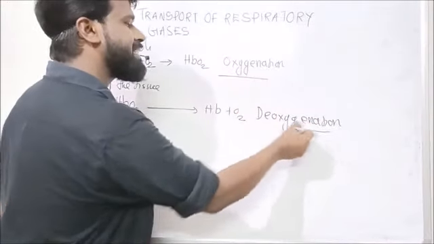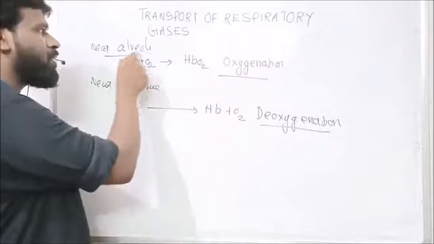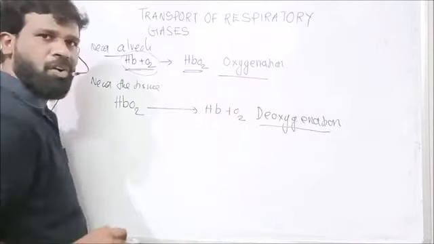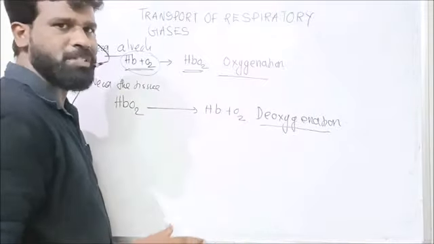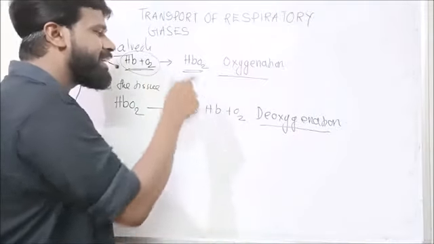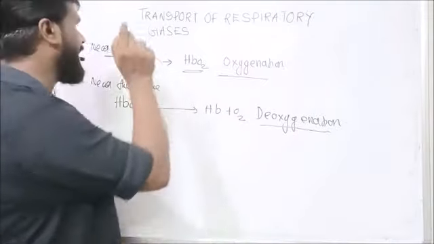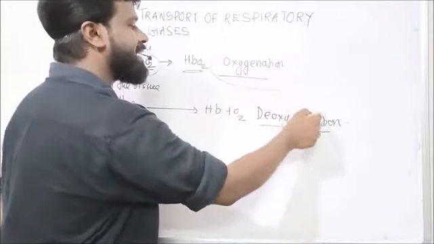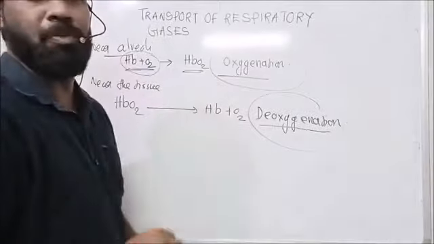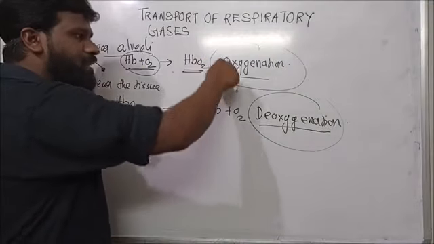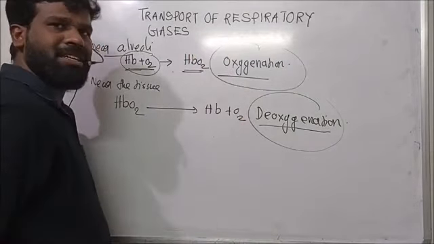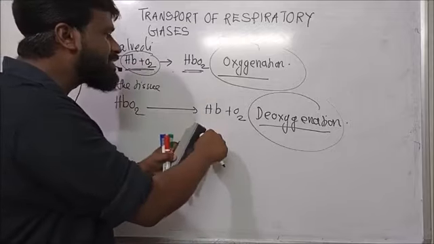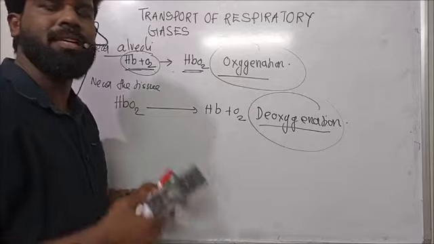So oxygenation and deoxygenation occur because hemoglobin reversibly binds with oxygen to form oxyhemoglobin. This oxyhemoglobin is not stable. It associates and dissociates in different parts of the body like alveoli and tissue. That means both oxygenation and deoxygenation take place in our body. This oxygenation and deoxygenation, that means the association of hemoglobin with oxygen and dissociation of hemoglobin from oxygen, depends on